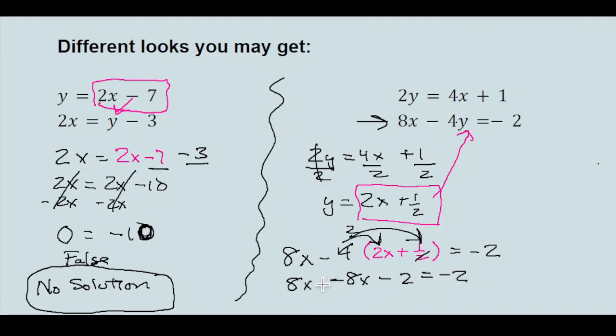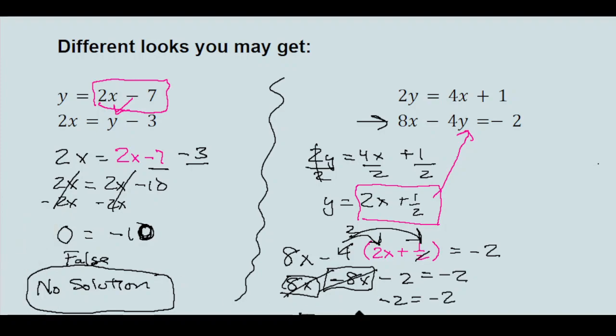So a possibly even stranger thing happens here, right? So 8x and negative 8x, when you combine them, they actually wipe each other out, right? So these go away. And then you wind up with the statement that says negative 2 equals negative 2, which is sort of like the Captain Obvious statement. Well, of course it equals itself. But when you see this in this context, what that means is that this is always true. So the way we interpret that is we say that there is an infinite number